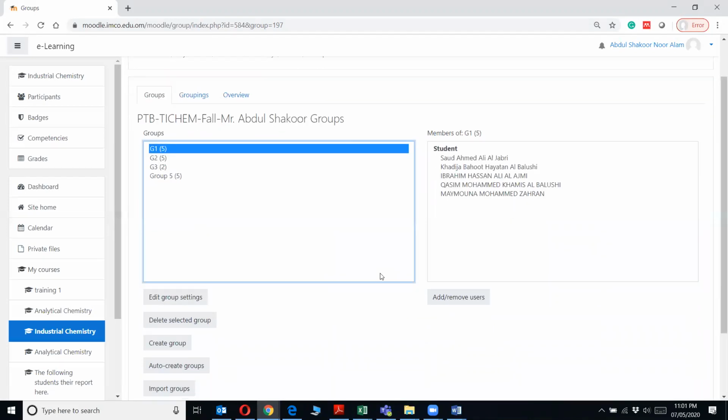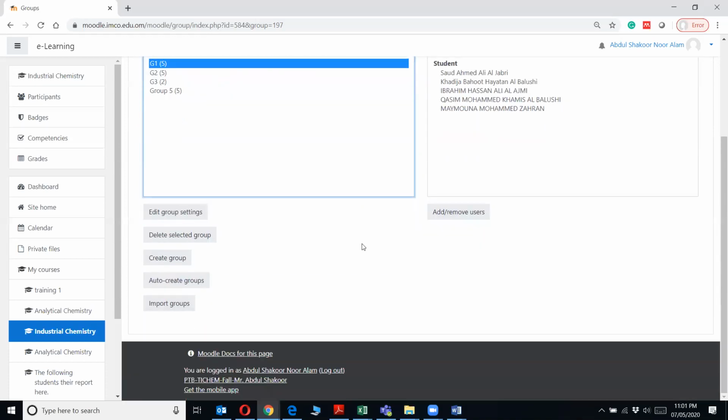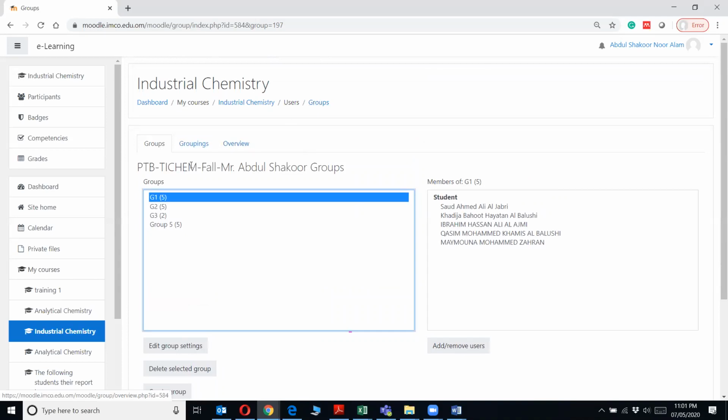Once you have created the groups, before receiving the assignment, please, it's very important: don't create any group after receiving, then you will be in trouble. Create these groups before receiving any assignment, okay? When you mark the assignments, suppose you mark for group 5 Saud, Ahmad Ali Jabri, the marks will also go to Khadija, Ibrahim, Qasim, and Mamuna.